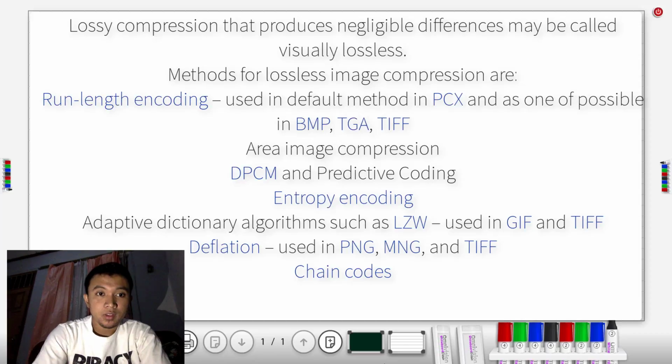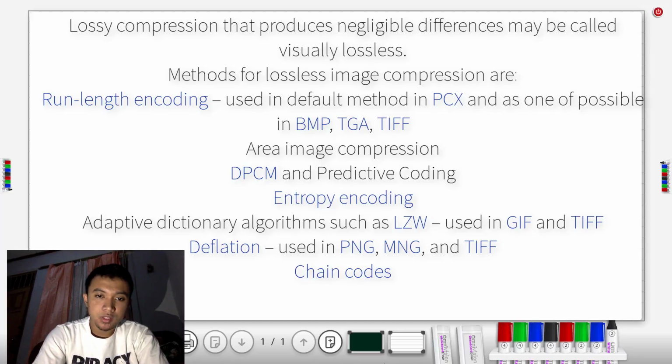Lossy compression that produces negligible differences may be called visually lossless. Methods for lossless image compression are: first, run-length encoding, used as the default method in PCX and as one of the possible methods in BMP, TGA, and TIFF. The second, area image compression. The third, DPCM and predictive coding. Fourth, entropy encoding. And fifth, adaptive dictionary algorithms such as